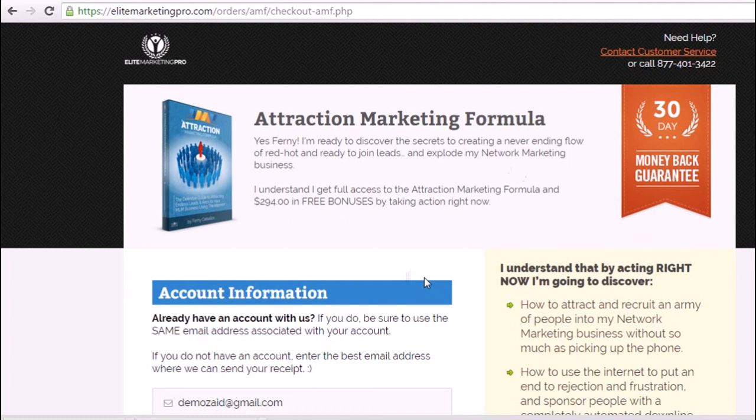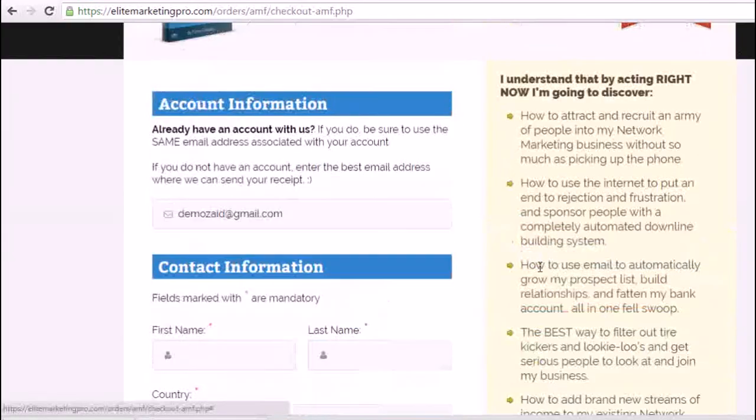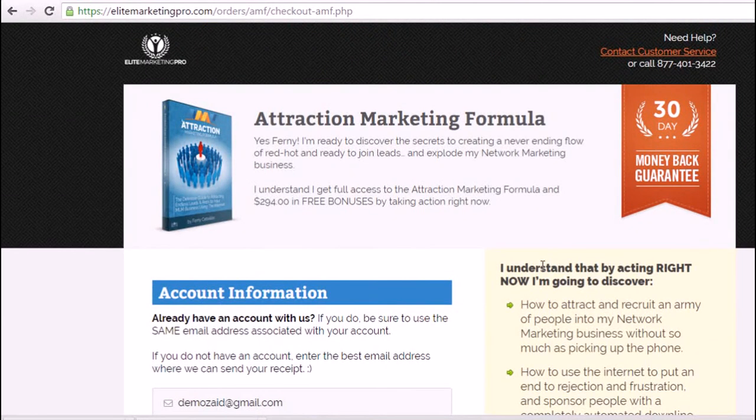Now, the Attraction Marketing Formula is an entry-level product at $47, which I get paid 100% for. The second one after this is another product that's a bit more expensive. The whole system is designed to help a network marketer get results faster, and each product makes it simpler and easier for them to get the result they want. People want results. You understand what I'm saying? So they're willing to buy these more and more expensive products because it helps them get to their result quicker.